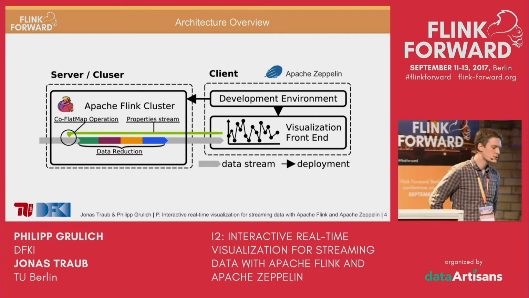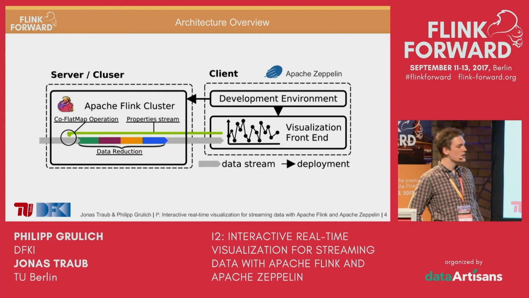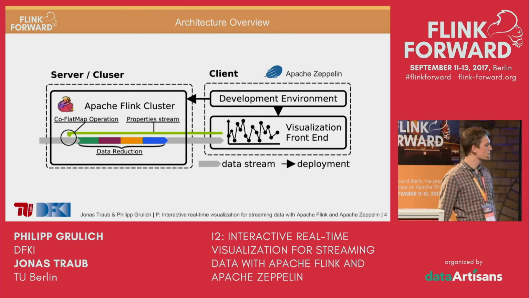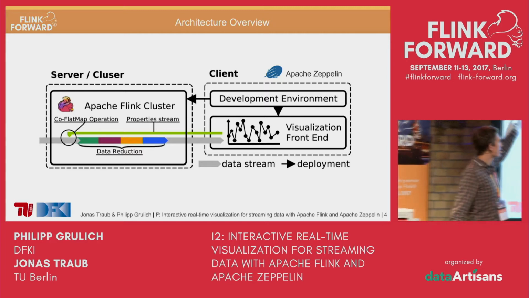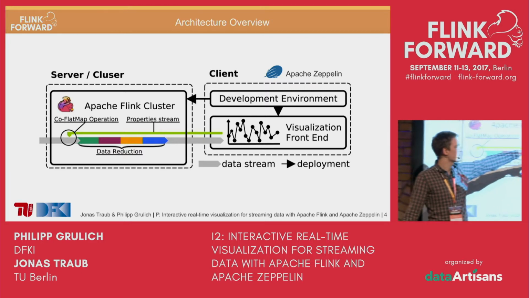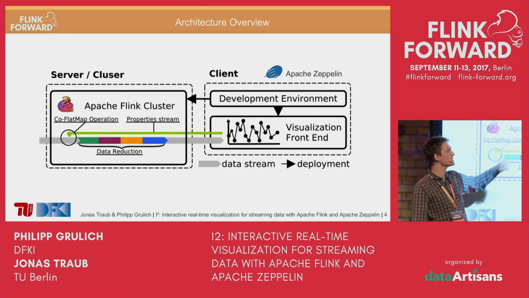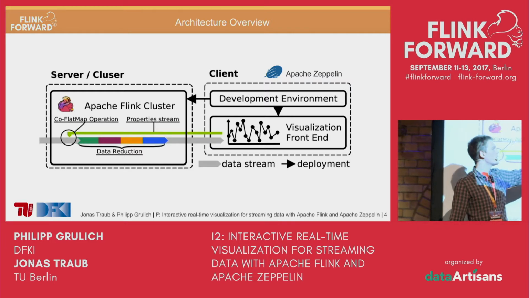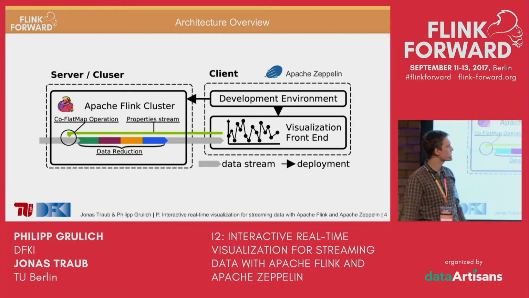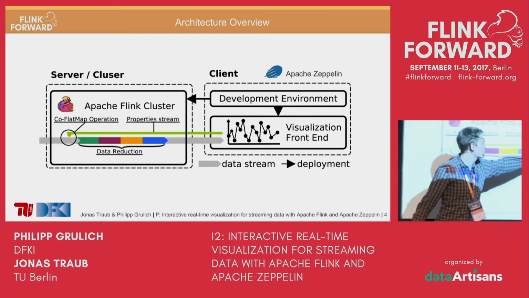So let me give you a short overview of how our architecture looks like before we then step into our use case and the demonstration. In general, we have on the left our Apache Flink cluster, and on the other side we have Apache Zeppelin. Apache Zeppelin basically consists of our development environment, from which we also deploy our stream analysis applications in a one-click fashion. And then we have a visualization front end, which has a feedback stream